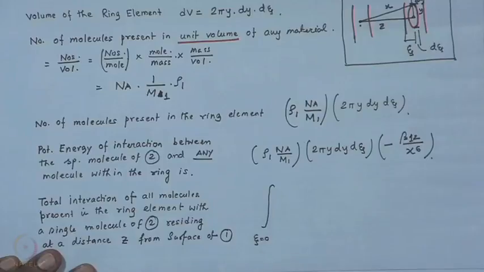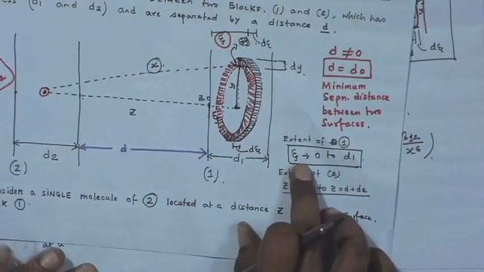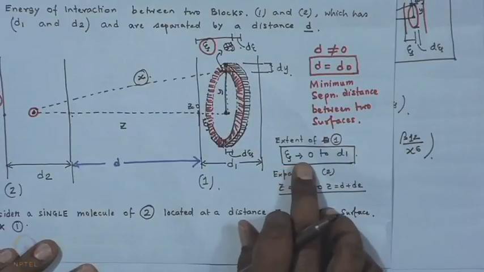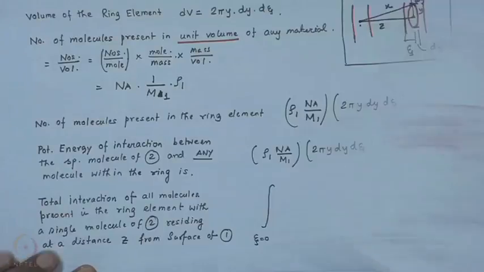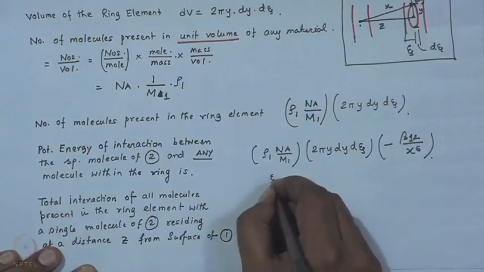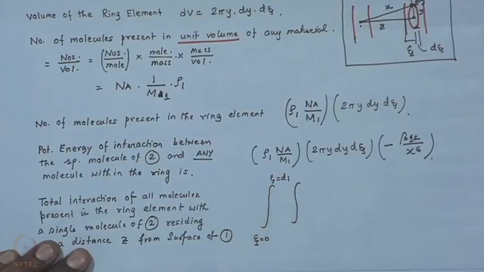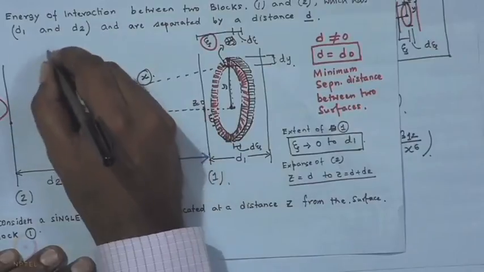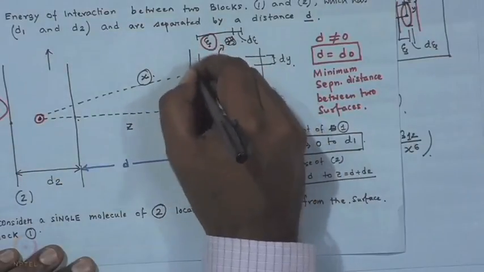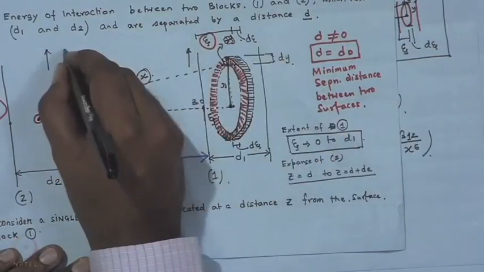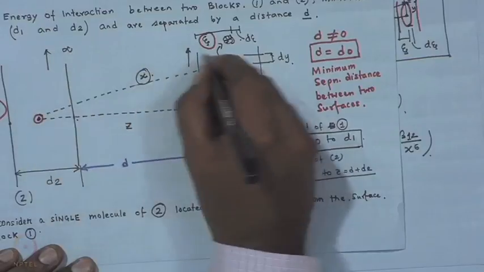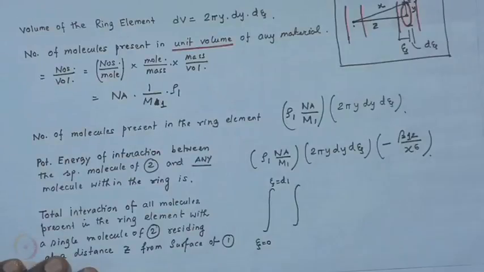We have already identified the extent of zeta: the expanse of 1 is from zeta equal to 0 to d 1. So, we integrate between zeta equal to 0 to zeta equal to d 1. What we assume is that both the objects stretch to infinity in this direction. So, y varies from 0 to infinity,